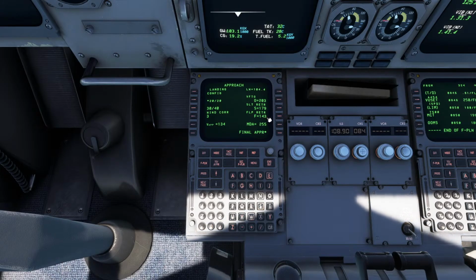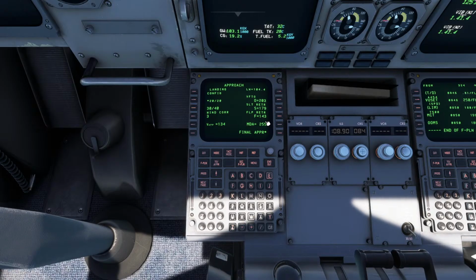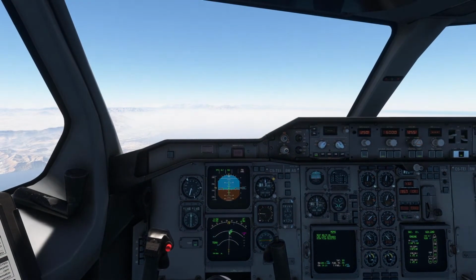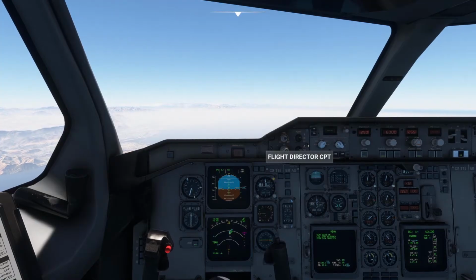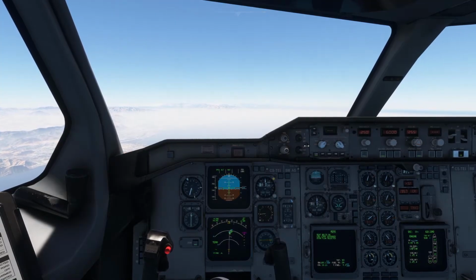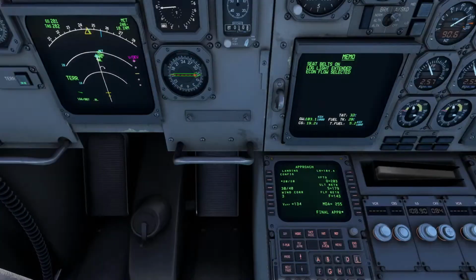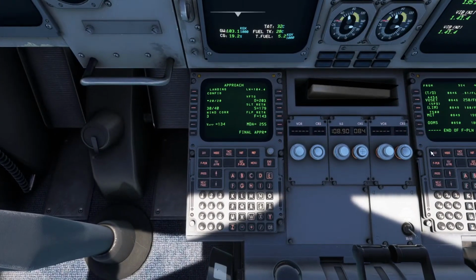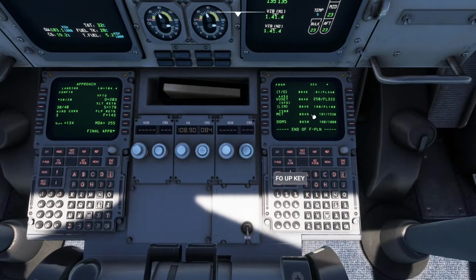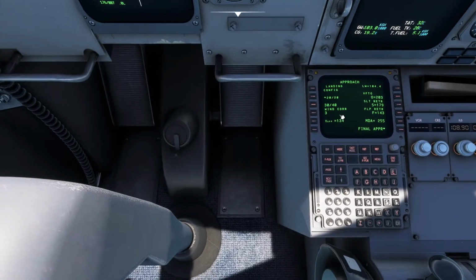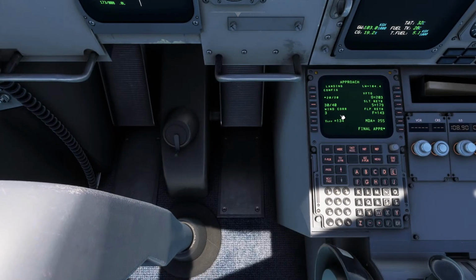Green dot speed is 203. Even though we have a restriction, we should have a restriction here at MCT, 6,000 feet, but